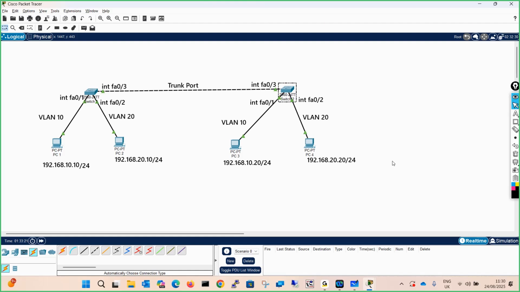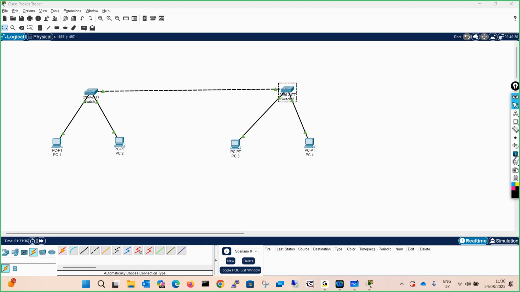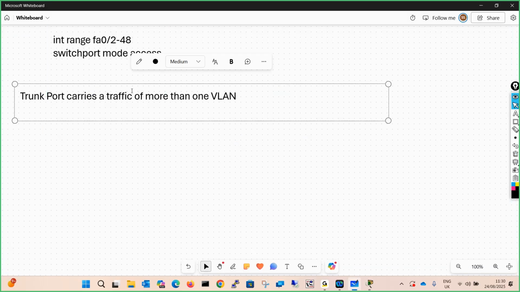We will try to understand layer 2 switching, layer 3 switching, and then we will move ahead. But has everyone got an idea of how to configure the access ports and the trunk port? Let me summarize this here on the board before we move ahead.